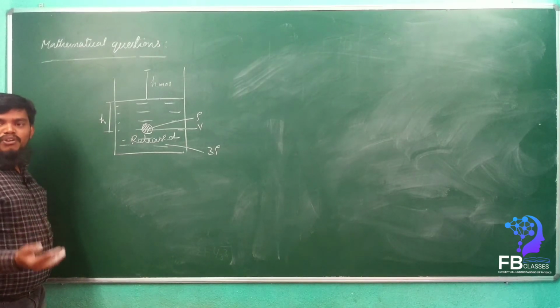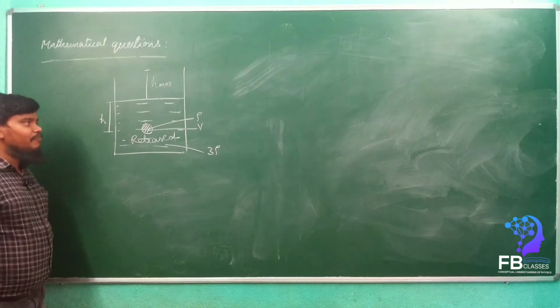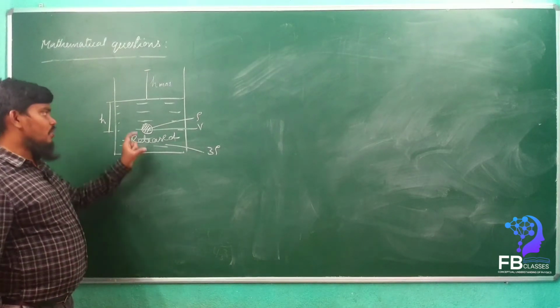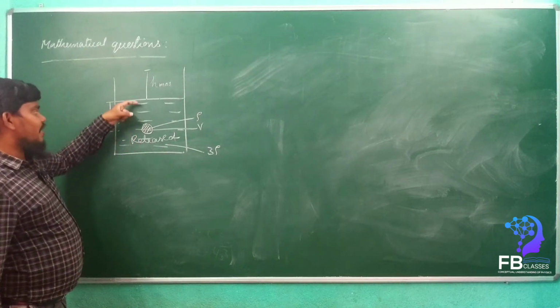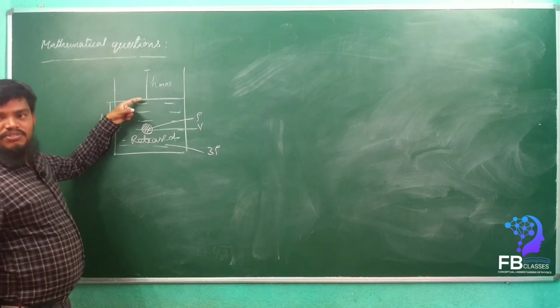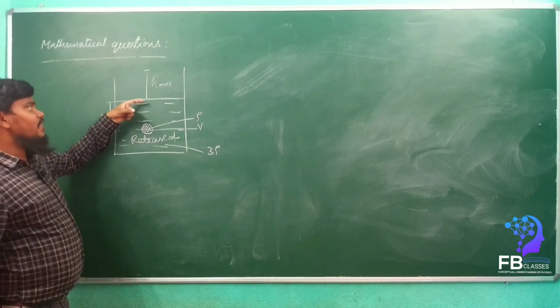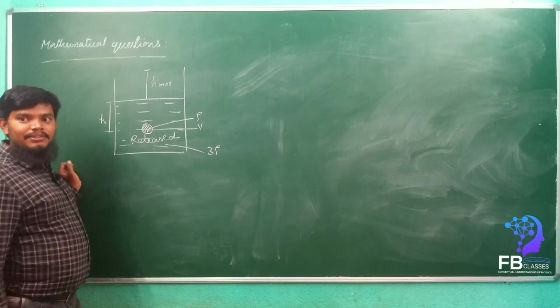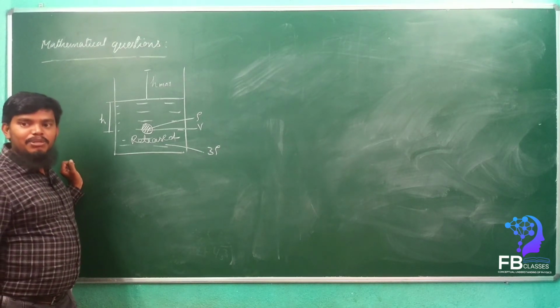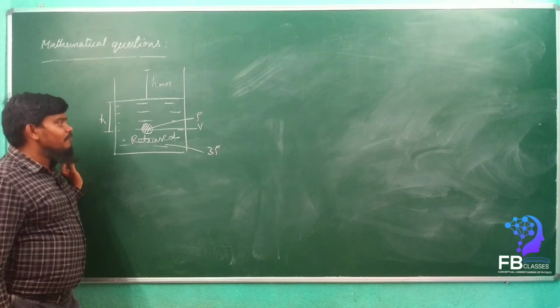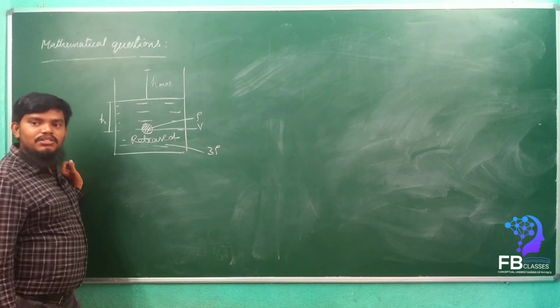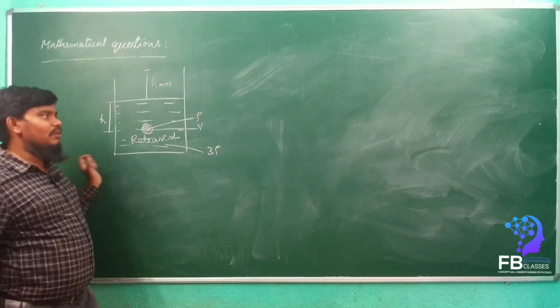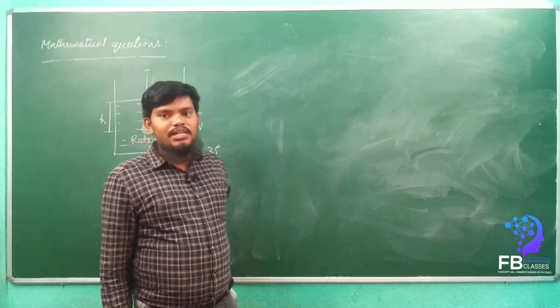If you want, we can go for the kinematics. In the kinematic method also we can solve these problems. Once it reaches the surface, we can find the final velocity. Then that final velocity is taken as the initial velocity to go to the maximum height, h max. That also we can find out. Otherwise, we can go for the simple method, which is the easiest way to solve this type of problems: energy conservation.